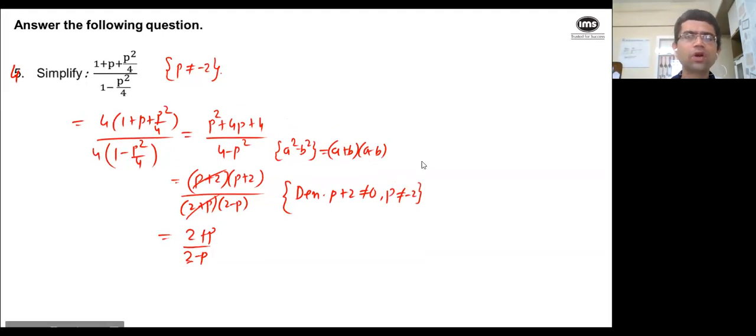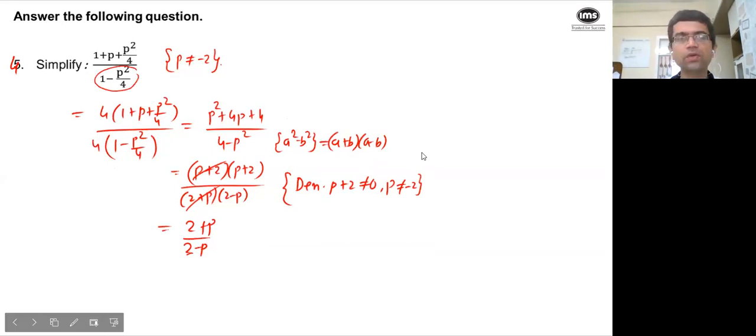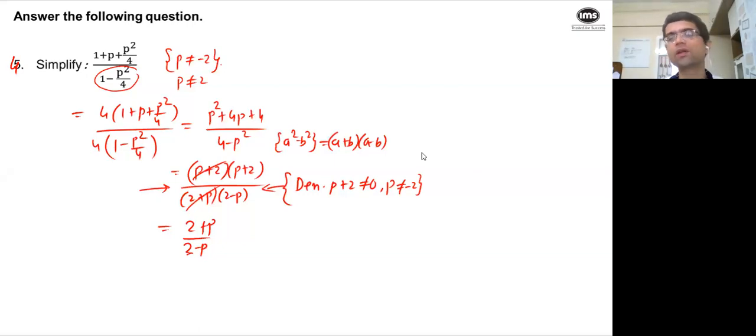Now you will say p should not be equal to 2 also. That is to fulfill the condition that in the original expression, the denominator should not become 0. So yes, p should also not be equal to 2. But that doesn't come in the way of this step, because I need to cancel 2 plus p, for which p should not be minus 2. Okay, Sanidhya. So to describe the original expression, of course, p need not be equal to 2. But here I am using the fact that p is not equal to negative 2.